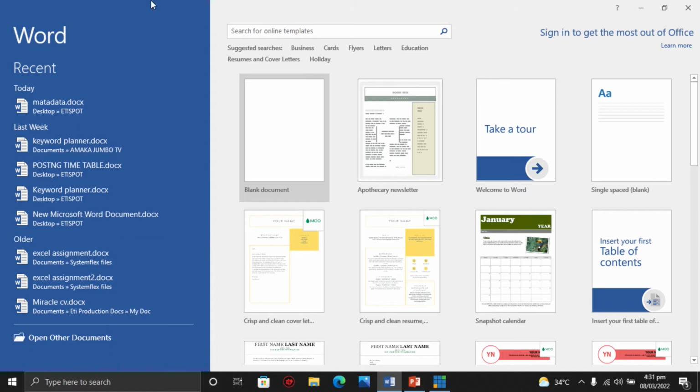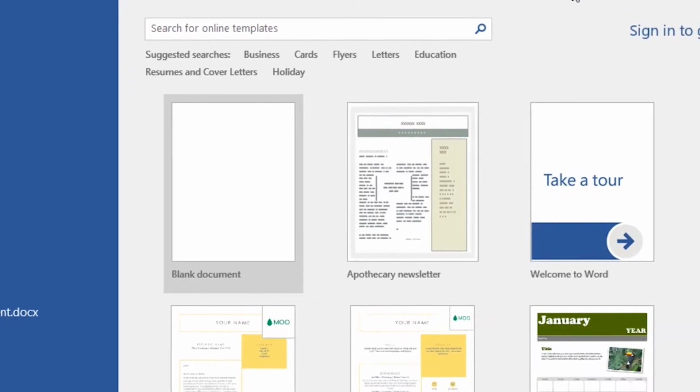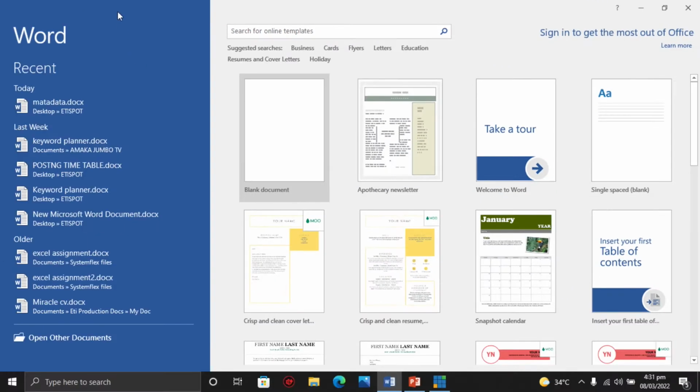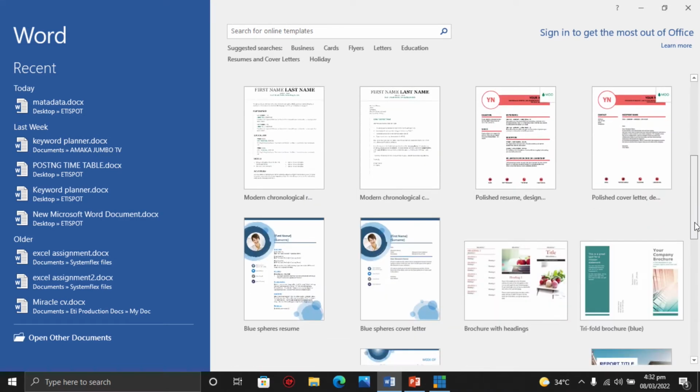The welcome screen, we have two columns. The first column, which has the blue color, and the second column here. This particular column consists of your recent documents that you've created in Microsoft Word. So these are recent documents I've created here. And then here are templates. So here consists of templates to do whatever I want to do with it.